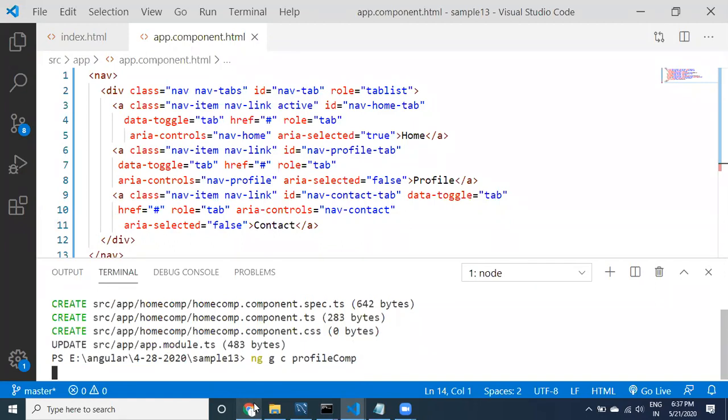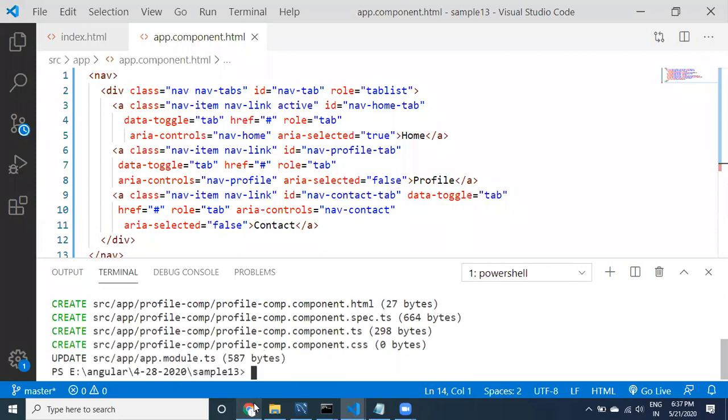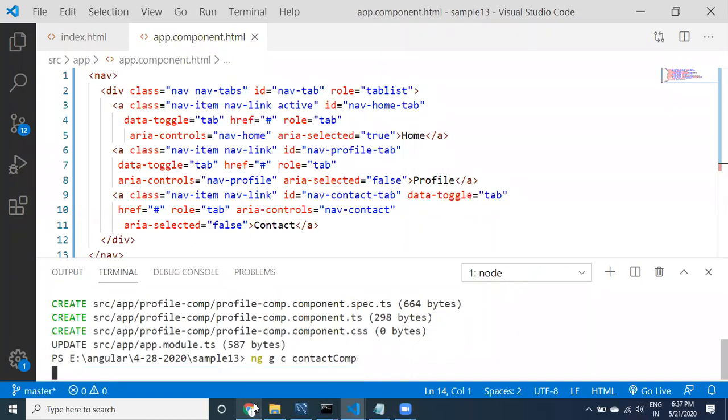I want to create 3 components. Profile is already taken. Home component, contact component. Okay, I have created the 3 components.